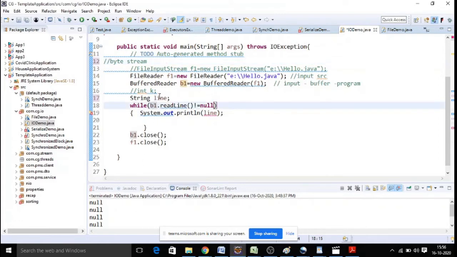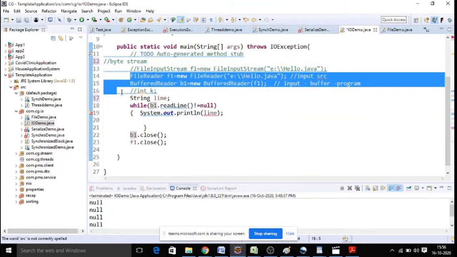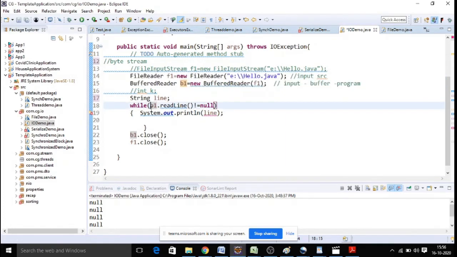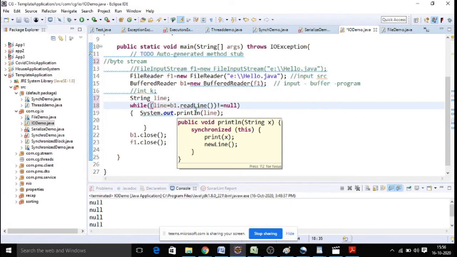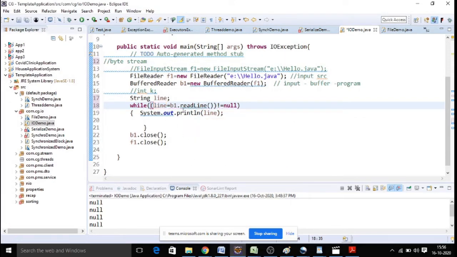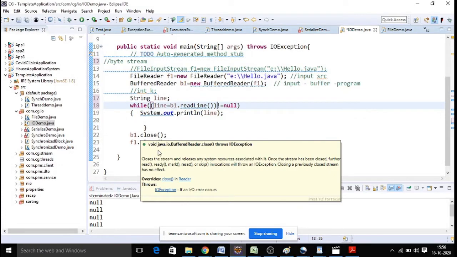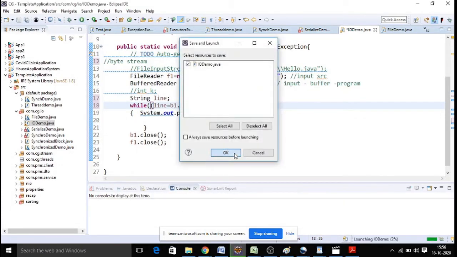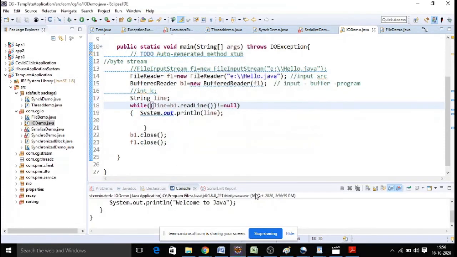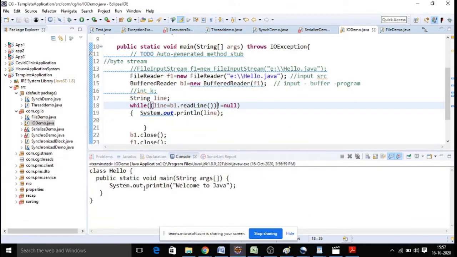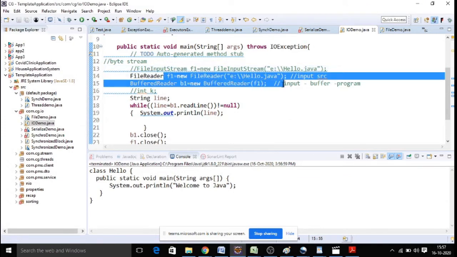Now what we are going to do is use character stream classes which can read one line at a time. So we are going to store every line here as soon as we read, and that should not be equal to null. Every time you have to check. It will become null when the content from the file is completed, and we will be printing that. Finally, you need to close the buffer as well as the file. So here you can see the content we are printing from the file. Compared to FileInputStream, FileReader with BufferedReader is faster. So this is how we can read a file.